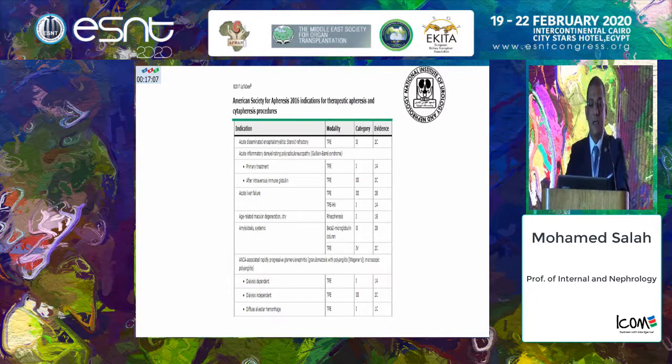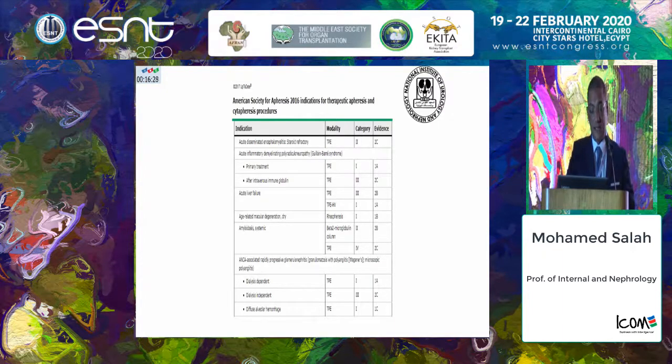The American Society for Apheresis in 2016 set some indications for therapeutic apheresis and cytopheresis procedures. As we said, acute disseminating encephalomyelitis, when it's steroid refractory, acute inflammatory demyelinating polyradiculopathy, Guillain-Barré syndrome, whether as a primary treatment or after intravenous immune globulin administration, acute liver failure, age-related macular degeneration, dry, or what they call rheopheresis,